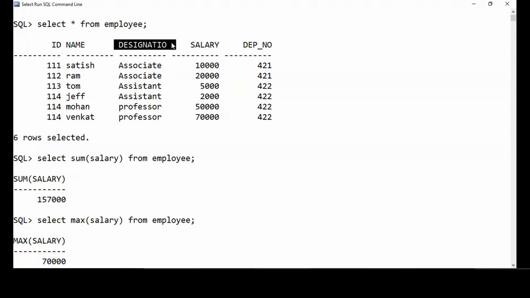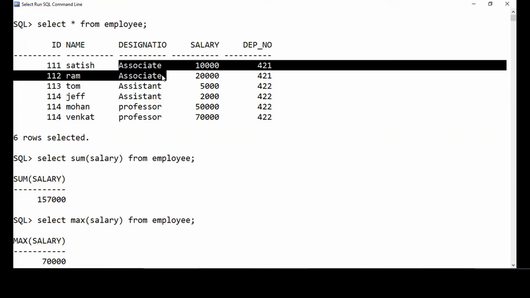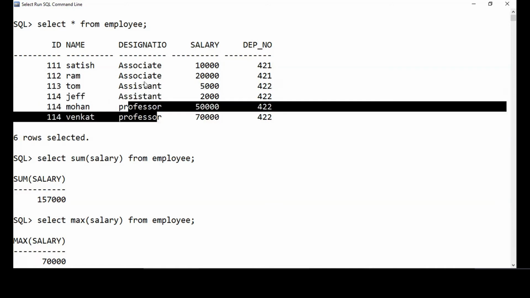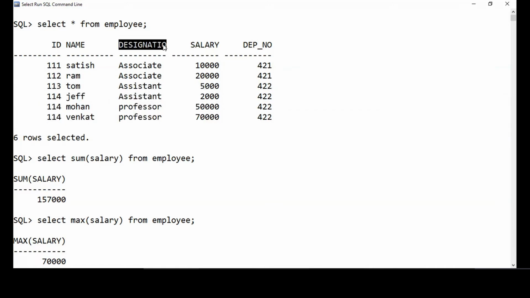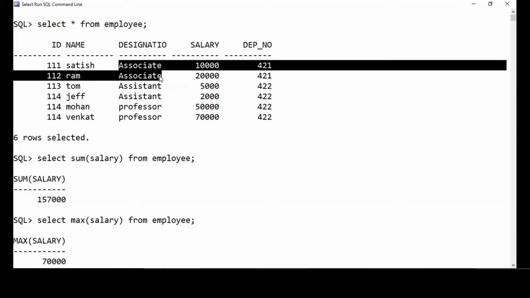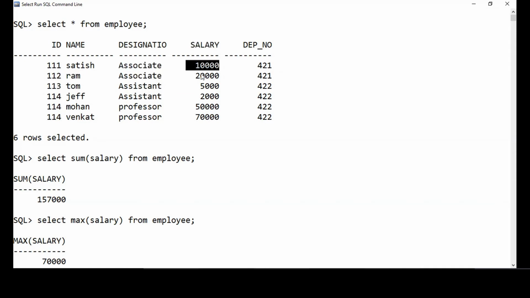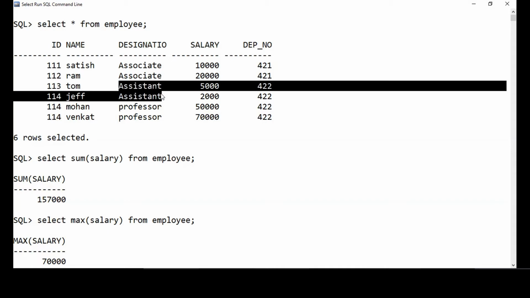So we have to first group by a certain column and then apply the sum function on that group. I want to find the total salary of associate professor, assistant professor and professor, so I'll group by designation. It will club all the rows with the same designation and then apply sum of salary. So it will sum the salaries for associate. Next, it will group all the rows with the same designation as assistant and then apply sum of salary. So this group function is applied on the rows we have grouped.